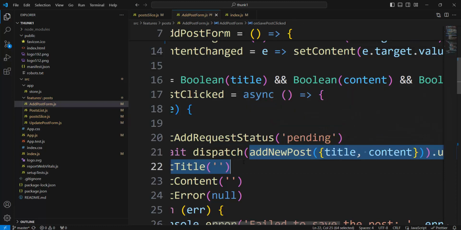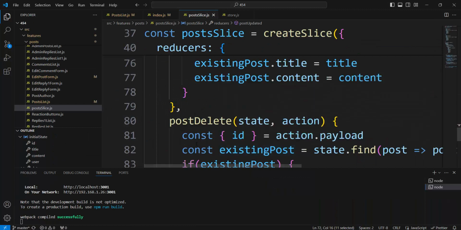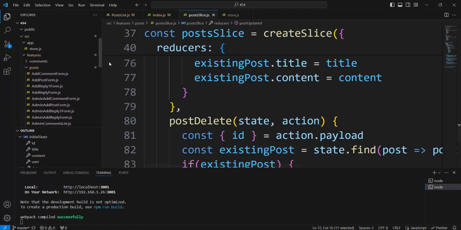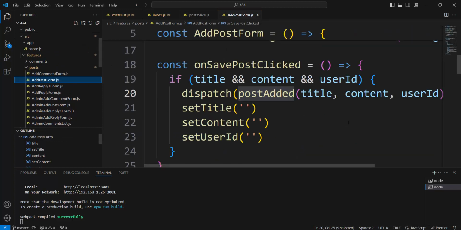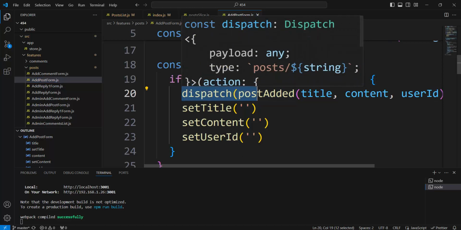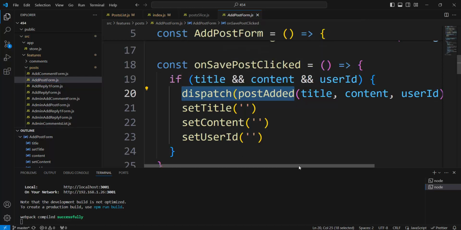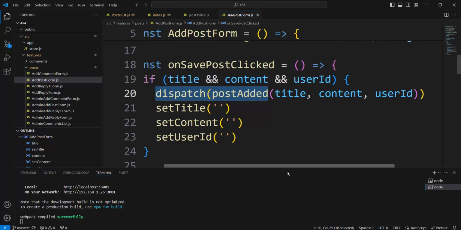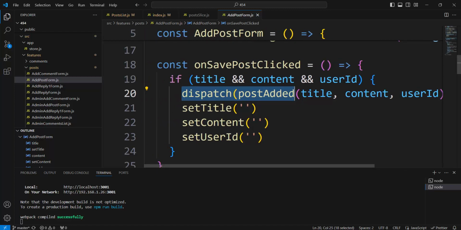And now let's see in 454 add post, add post form. Look at dispatch postAdded, title, content, user ID. What is the difference? Nothing. Here we dispatch a function, postAdded, and there